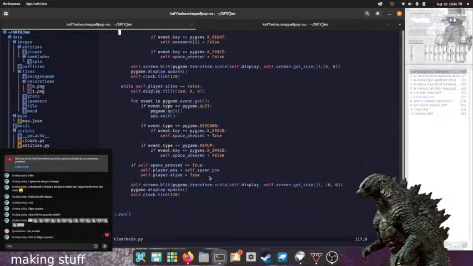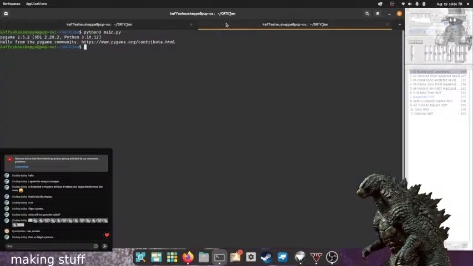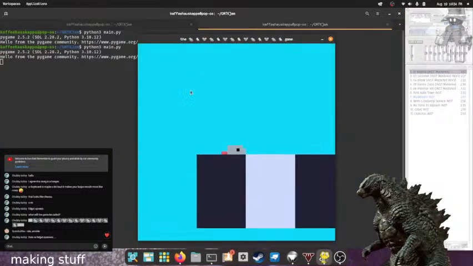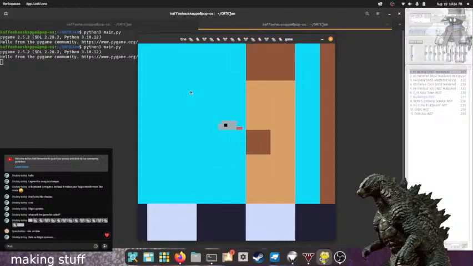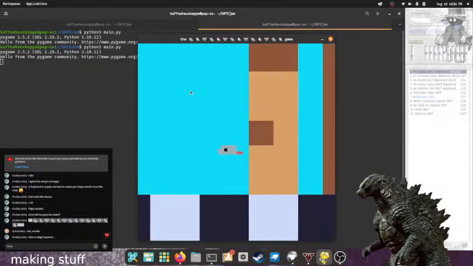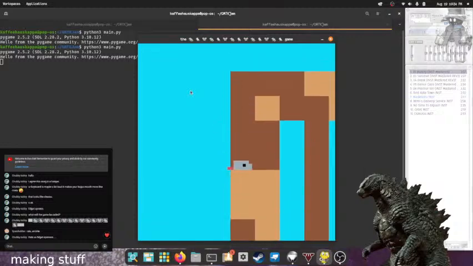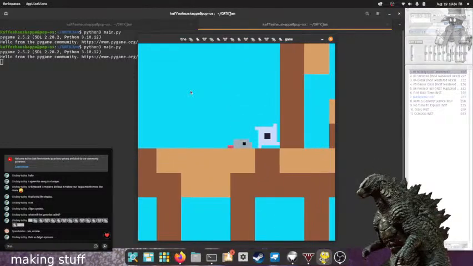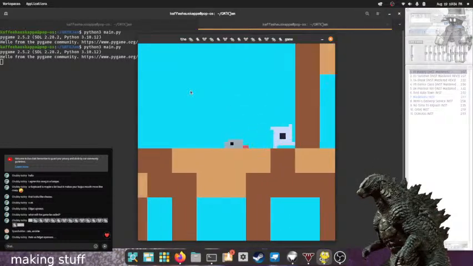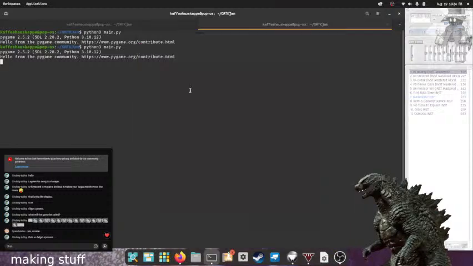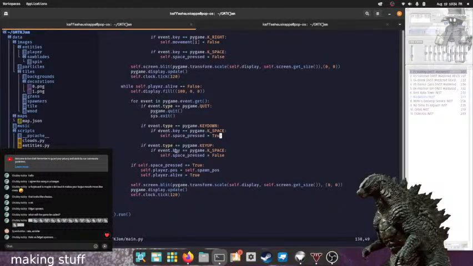I don't know why it just quits when I hit space though. Why does this explode when I hit space? Just explodes when I hit space.